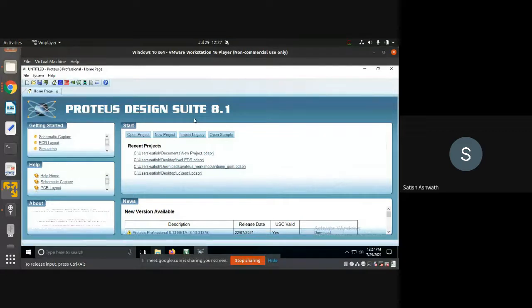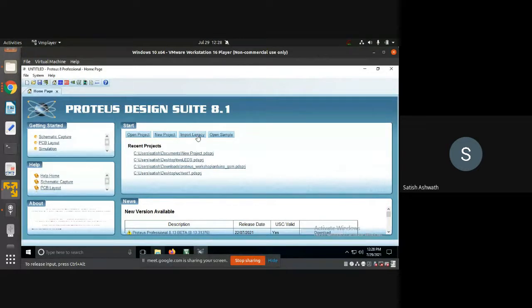It is not only for 8051. You can simulate a lot of things in it, from Arduino programs till a lot of other processors and compilers are available in it. Right? So what we'll be using it for is only 8051, but you can explore this further for a lot of other things. You can do mini projects on this. You can do it before you are making a hardware design.